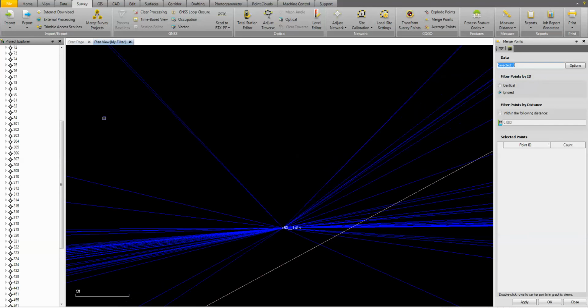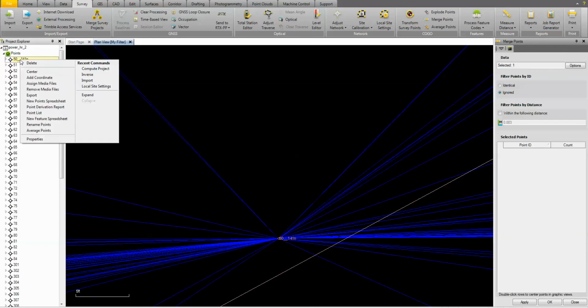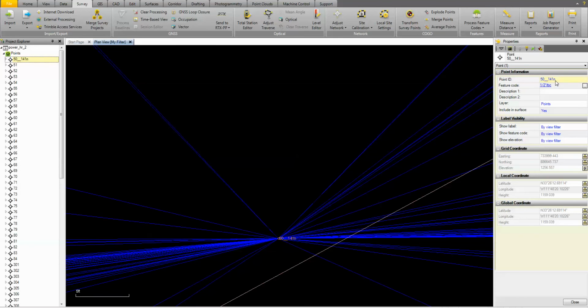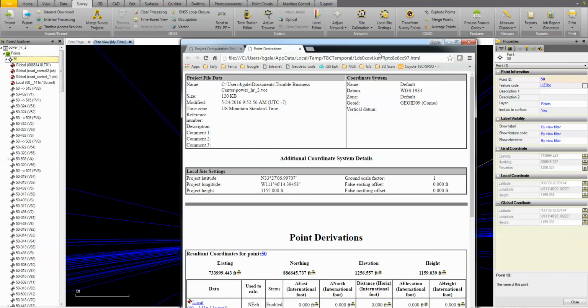Okay, so now that we've introduced that XML file, that OPUS solution, there is, well, a couple things. One, the point name, you can simply select and change it back to 50 for consistency. And the other important thing that we need to do, site calibrations cannot be performed from local coordinates. They have to be global on the base. So if we take a quick look at the point derivation report of point 50, we'll see that